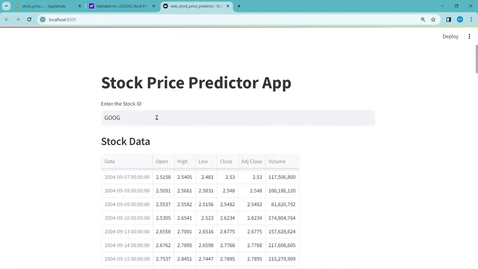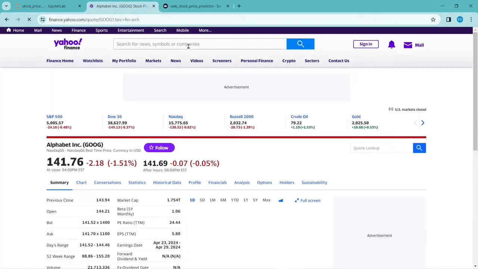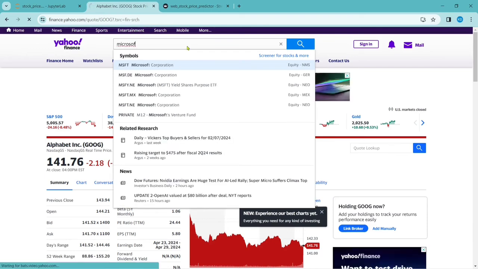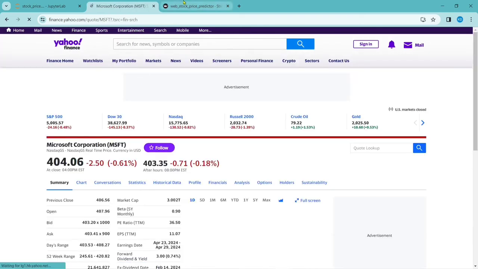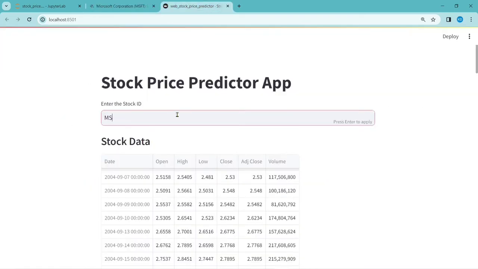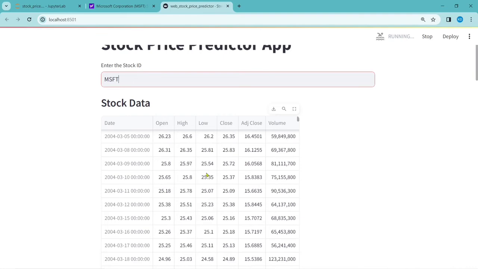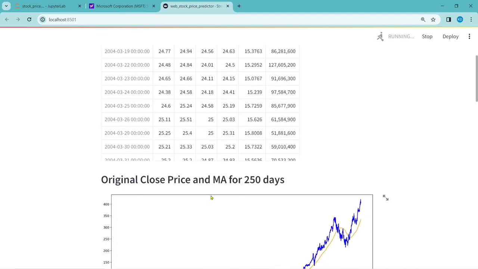Let's try for different data instead of Google. I can try Microsoft. For Microsoft, you can search it here. You can open this website and search for Microsoft. For Microsoft, it is MSFT. So instead of Google, I can do MSFT. Enter. It is running. So see, it has given the stock data for Microsoft here,